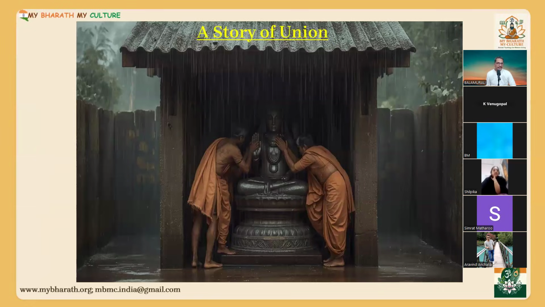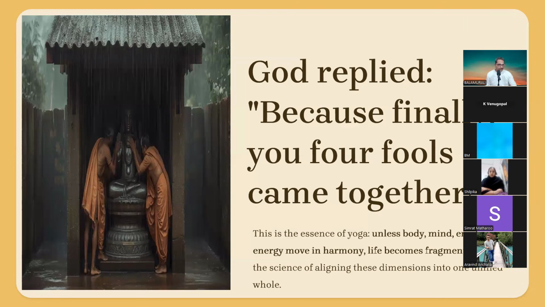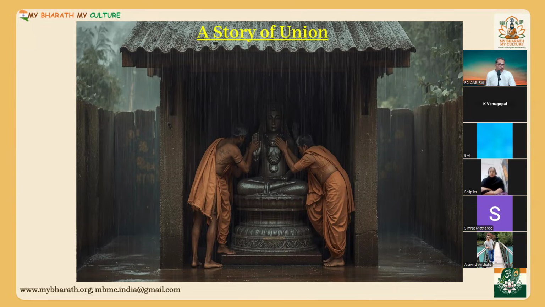So these people went, and there was a Shiva statue, a Shivalinga. There is a small place. They went and started holding the idol. Why? It's too much rain. They can't even stand. They are already wet. The four people started holding the linga. Suddenly God appeared. And the question to everyone is, why now?